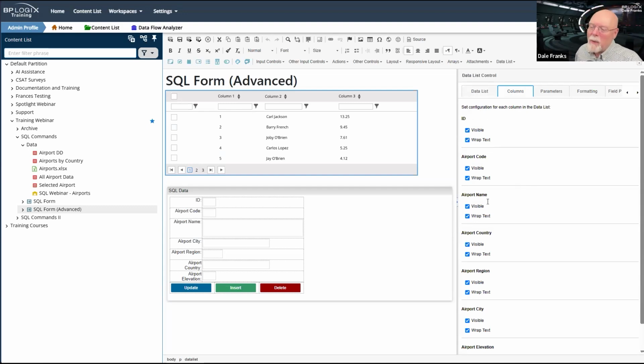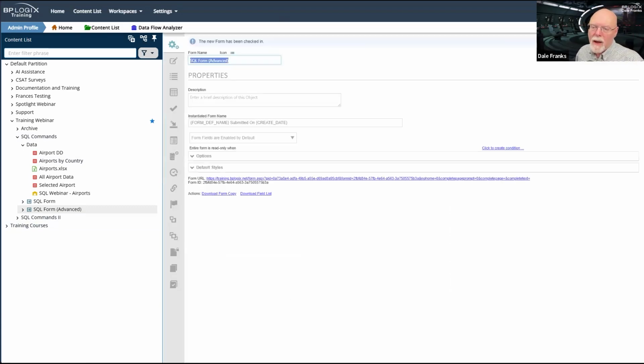I think what I would want to do, I can't do it here. I can make the ID field invisible, which is cool. I don't think I need the ID field in this data list. Obviously, it's got to be there, but I don't need to show anybody that ID field. So I'd probably turn that off. So I guess coming here was of some use. So I'm going to go ahead and save and close my form, and I'm going to go back to my all airport data business value as soon as it saves.